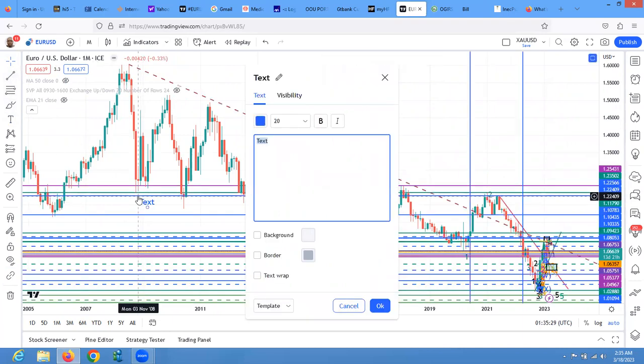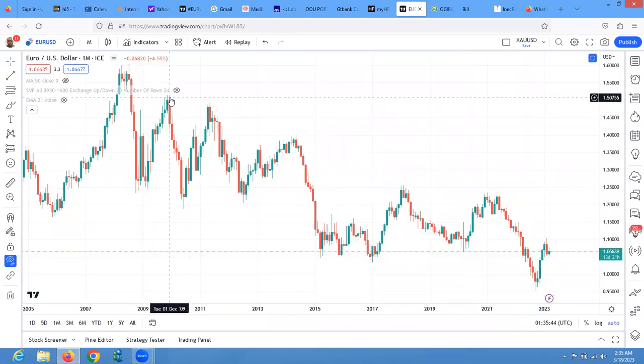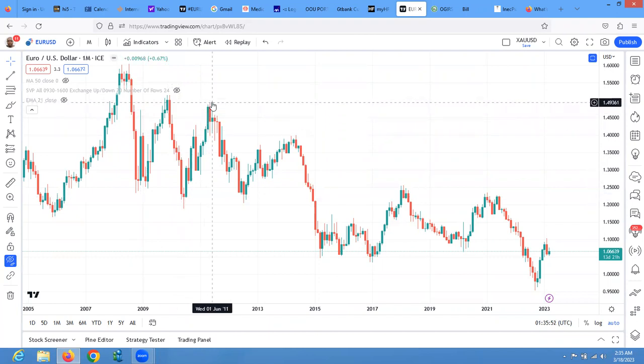This is like 1. Let me use black. Okay, let me just explain. So this is like 1. This is like a 2. And when you do your 1, and this is a 2 on the monthly time frame, this is A, B, and a C. And this is a running flat here. You can see A is deep, B overshoots it, and this one runs flat below it. So that's a running flat that it did on a bigger time frame.